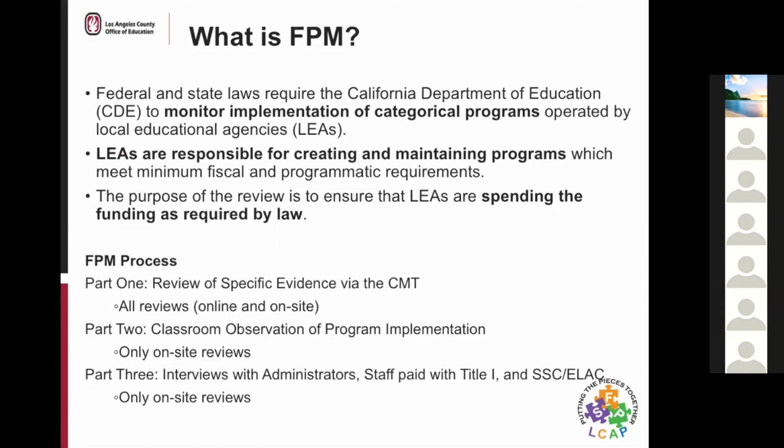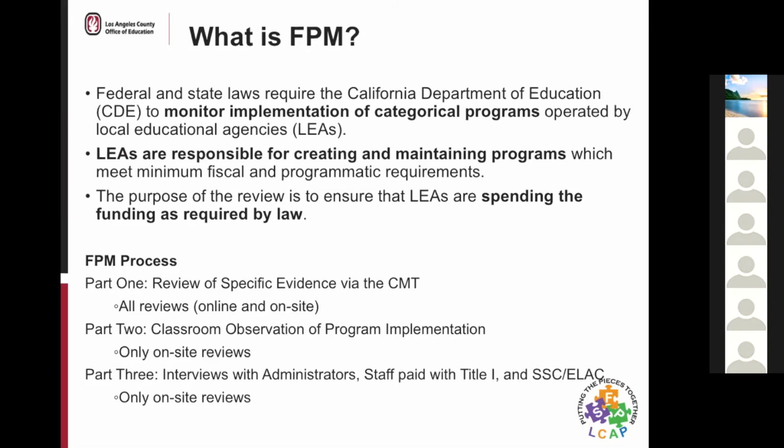The FPM process is kind of a three-part process. Part one refers to the specific evidence that's being requested through each of the program instruments, and I'll go over that in just a minute. Basically, the districts are divided into cohorts, and there is a process of online and on-site.